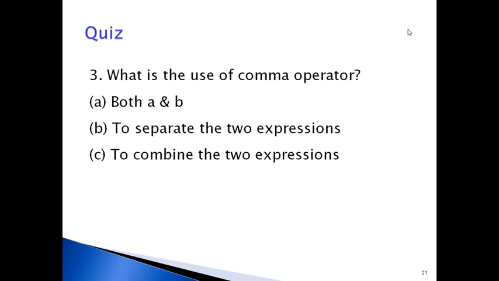Why do we use the comma operator? The answer is option B, to separate the two expressions. In int a, b, the comma separates the variables. To separate the expressions, we use the comma operator.